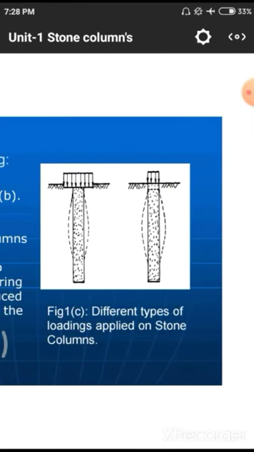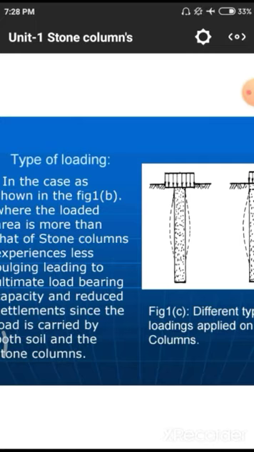In this diagram we are having a small quantity of buckling in the first case, but in the second case we are having a huge quantity of buckling, because the total load is applied on the stone column itself, so that there may be a huge amount of buckling compared to the first case. This is the phenomenon of how we need to apply a load and how we need to design.